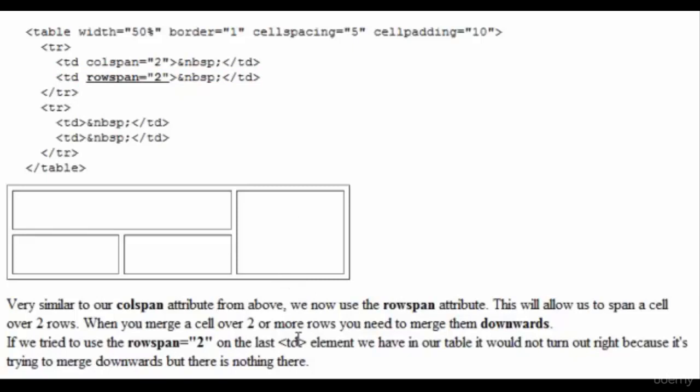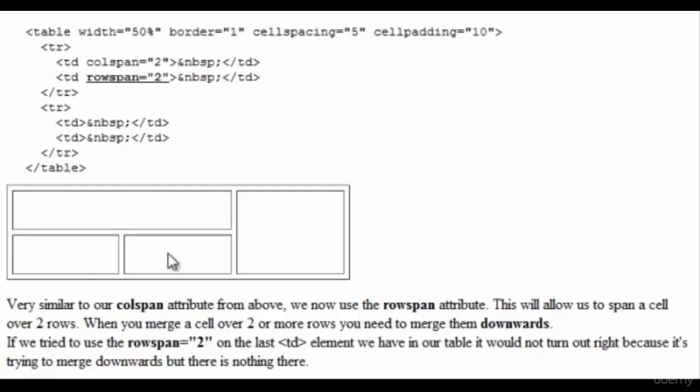So knowing all that we know about tables now, we can create a complete structure of a website. We can create a table that has a very specific width, has a border around it. We can merge cells together, and now we can create a template that looks like a normal website. And inside of all these cells is where we're going to put our data. For example, here where we have the row span of 2, I could input an image, put a banner in here, and I could put links in here. And that gives the site a little bit of structure.